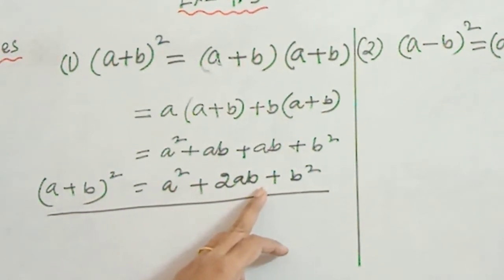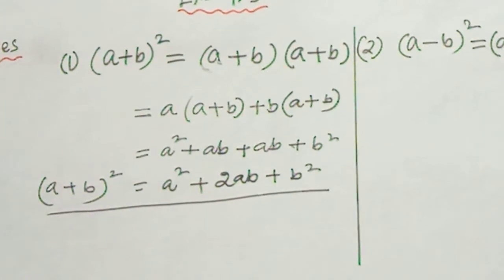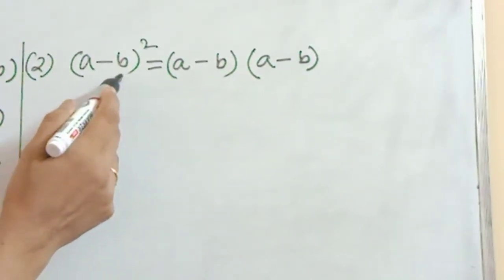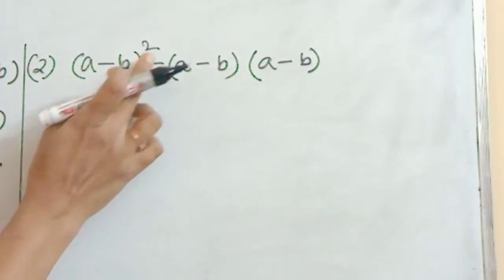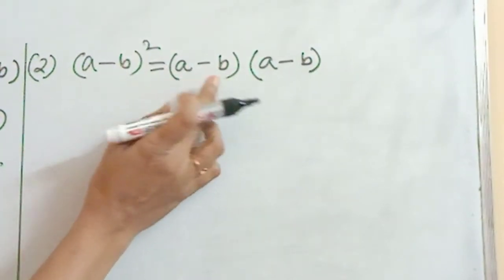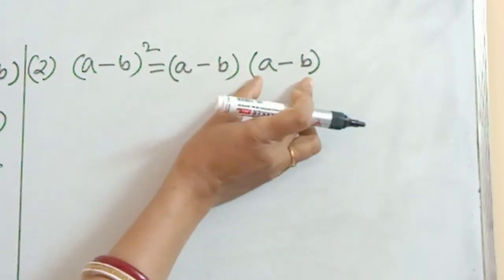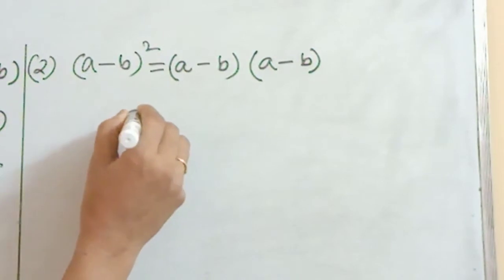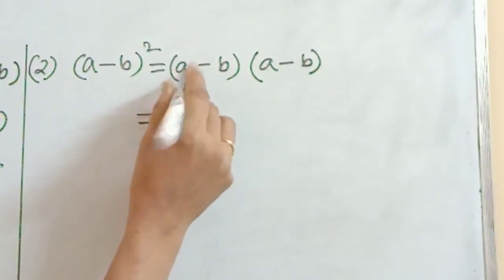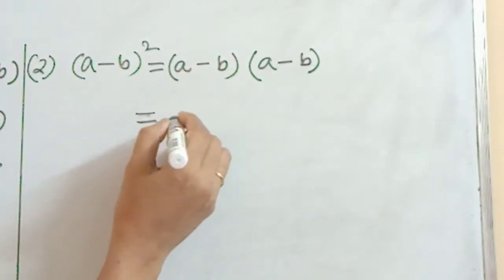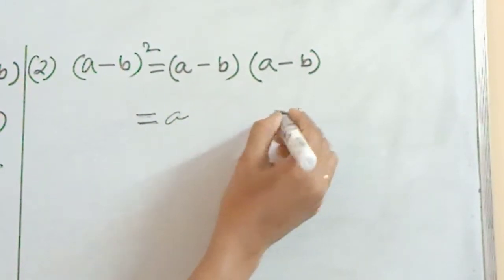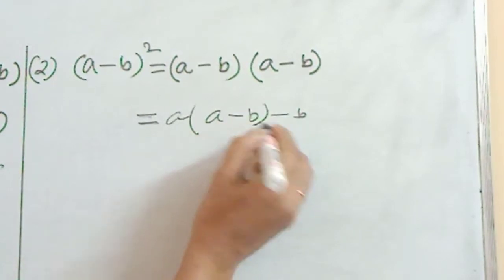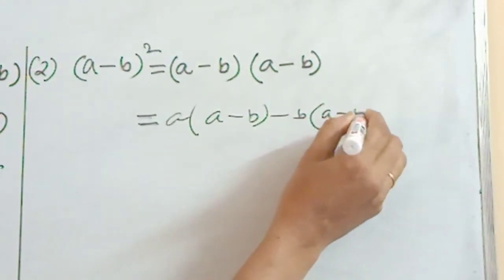Okay. Similarly, when we write (a minus b) whole square, this binomial has power 2, which means we have to multiply (a minus b) into (a minus b). The way you multiplied before, you will multiply this also. First we will open the first one, a and minus b, and the other a minus b we will write here, and here also a minus b.